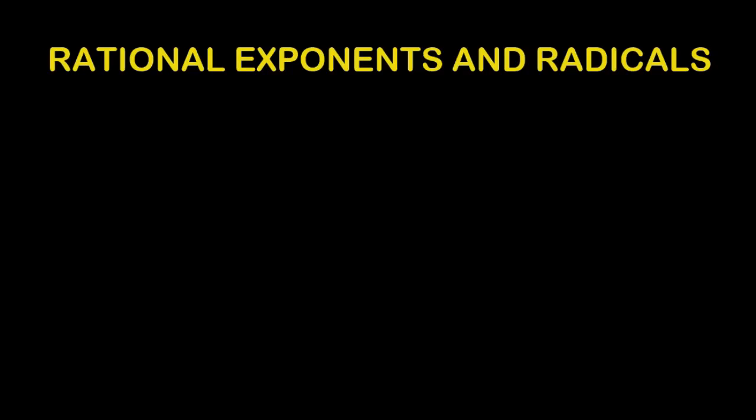Hey guys, in this lesson we will understand the relationship between rational exponents and radicals. When the powers are rational, then the exponent can be written as a radical as well. For example, if we have 100 to the power of 1 over 2, it can be written as the square root of 100. No number here means it is a square root, or obviously it's a 2.